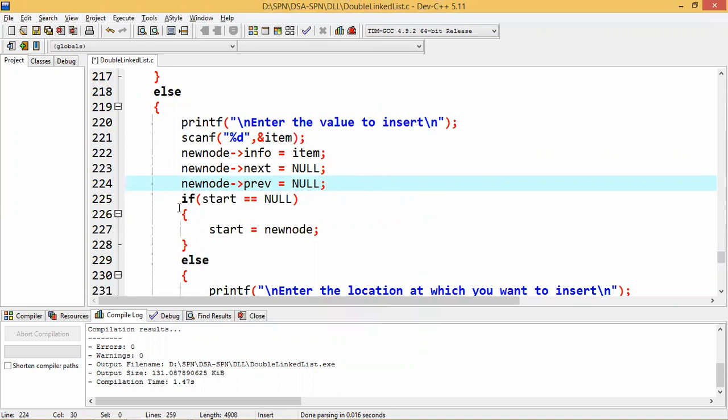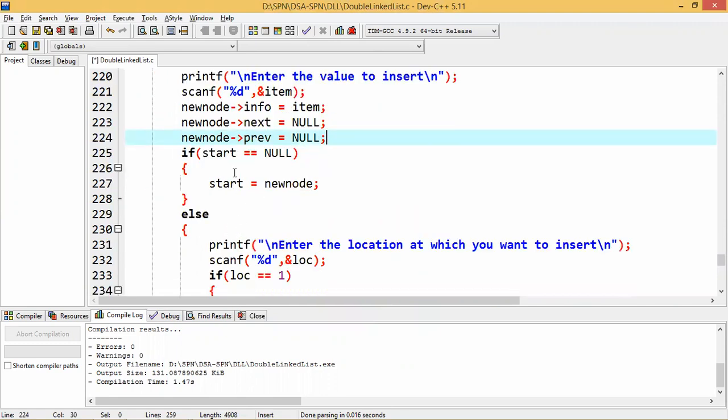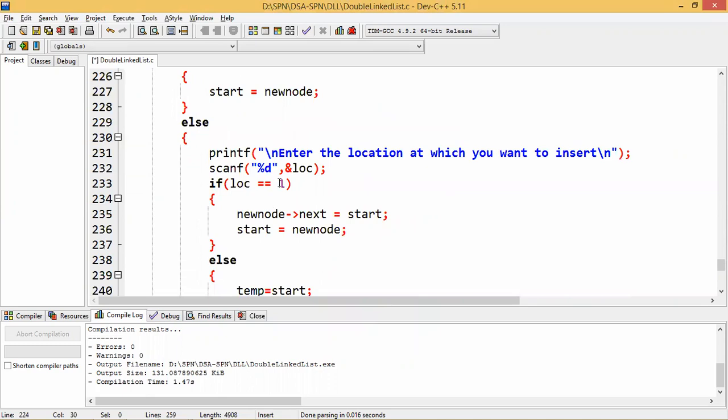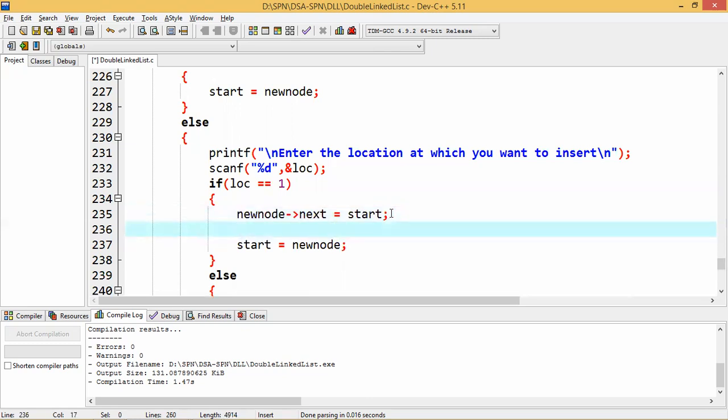Okay, then I'm checking if start is equal to null, then the new node will be given the value of start. Clear? Otherwise, if the list is already present and I have entered the location and stored it in the location variable, then I'm checking if location is equal to 1. That means I want to insert at the beginning. So the new node's next will become start, because start is currently the first node and will become the second